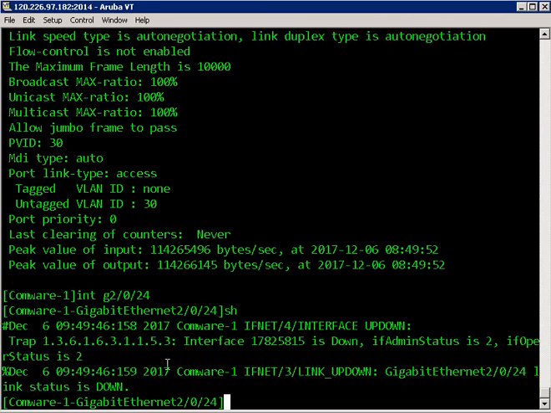Okay, so what about the second question? Same destination port, but different source, and different source, even though the destination is